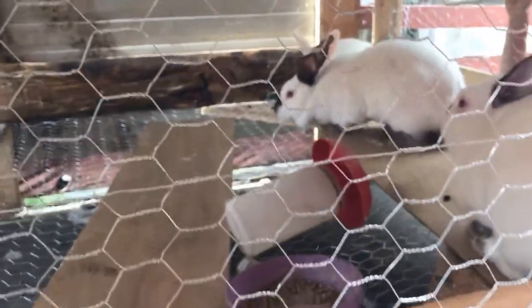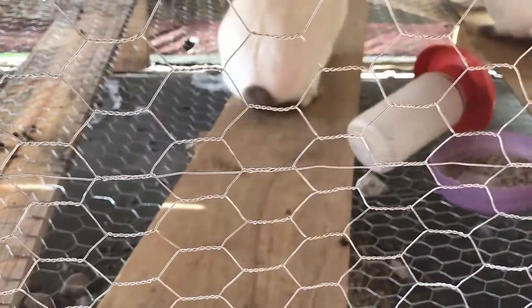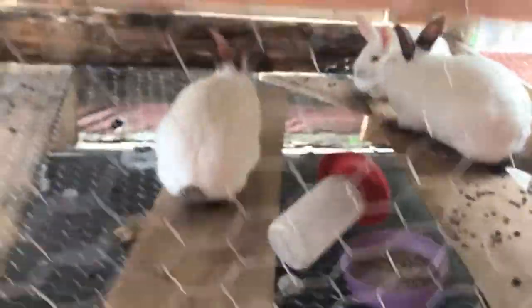Where are they? Hello, rabbits. Oh, their water is tipped over. How we feed them? And you can see they've got a bowl right there. I fill that bowl twice a day, and they're spilling it. I gotta find some way to fix it to the wall. But basically, just fill that bowl twice a day,